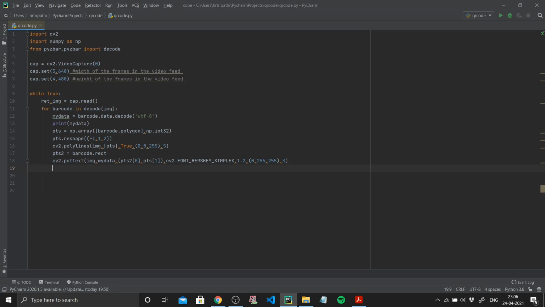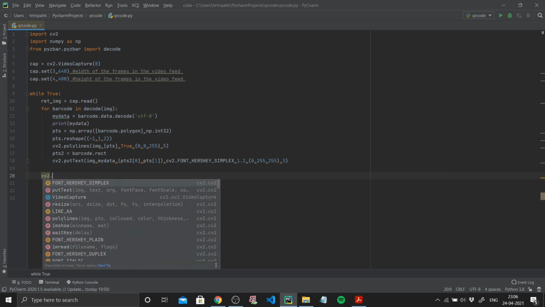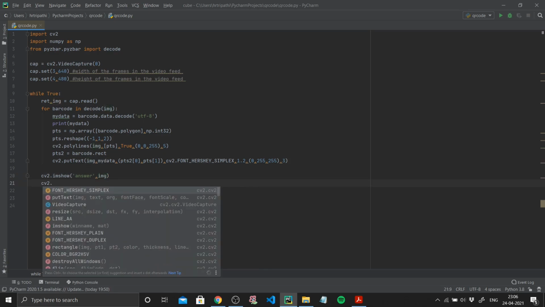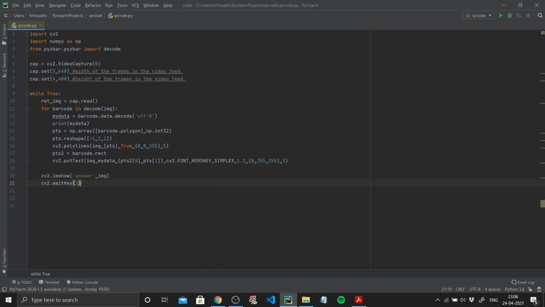Since I've defined everything I need to, I'll just show my image. So cv2.imshow. Now my window name, I can give anything, say answer or final answer or output, whatever you want, and my window to be shown is image. And I'll just put some delay of 1.